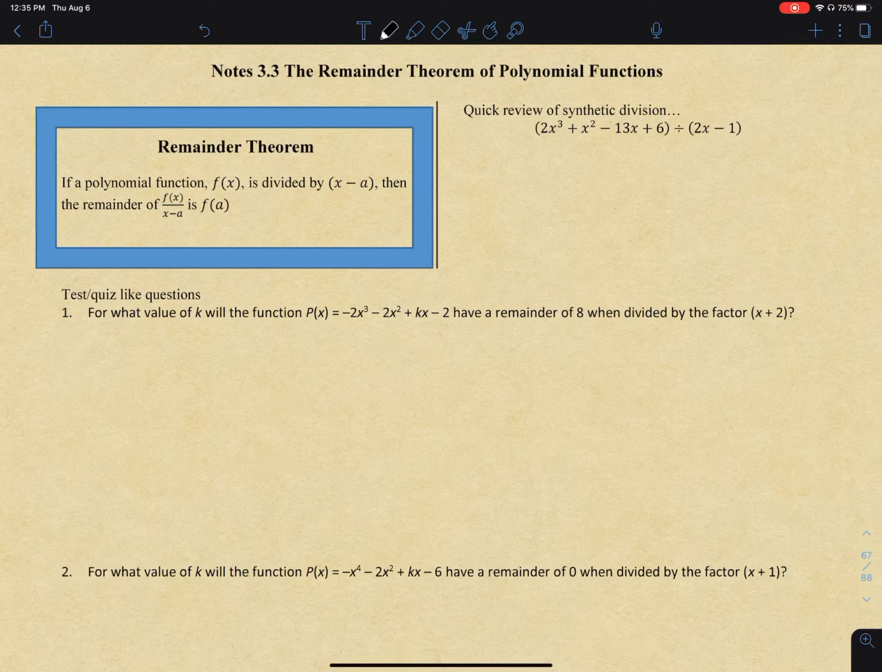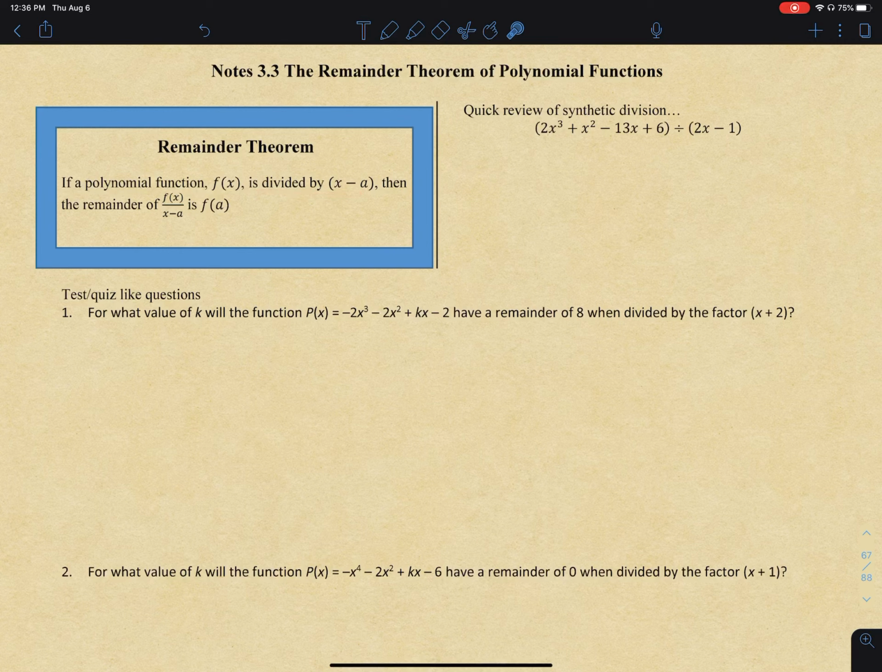This is PreAP PreCalculus Note Section 3.3, the Remainder Theorem and the Factor Theorem of Polynomials. This first video, we're going to focus on the Remainder Theorem. Let's read this together. If a polynomial function f of x is divided by x minus a, that's a linear